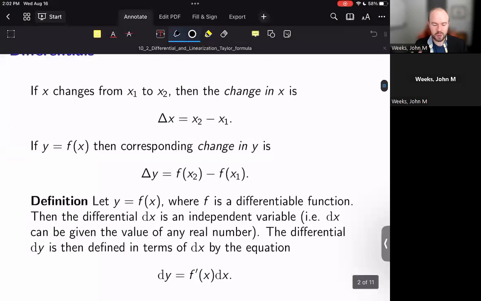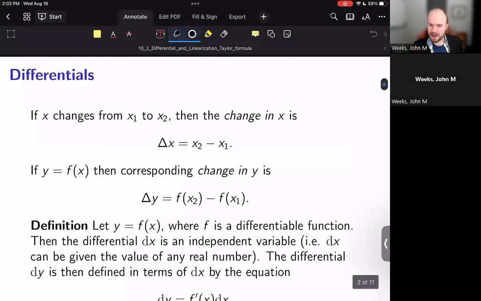So let's talk about first what the differential is. We start by talking about what delta is. Delta here is going to denote for us, this is the Greek letter delta, the change in x. So say, for example, x is varying from a point x1 to x2, and you can note that the change is going to be positive if that is an increase in x and negative if it is a decrease in x. So we're writing that to be x2 minus x1, final minus initial as far as the placement of x. For delta y, we can make it the same sort of formula,